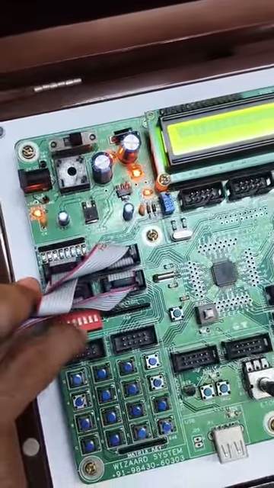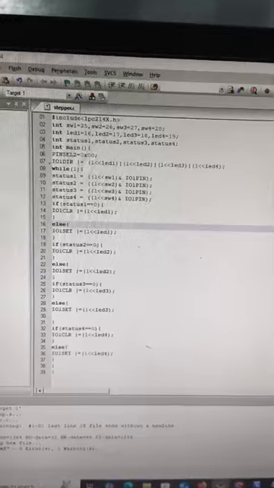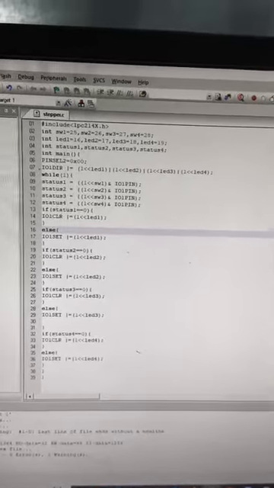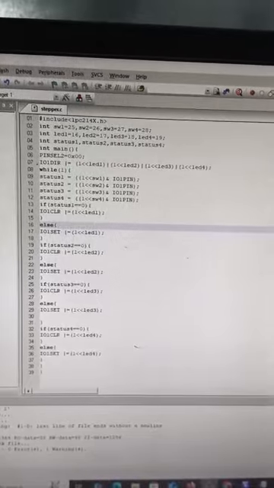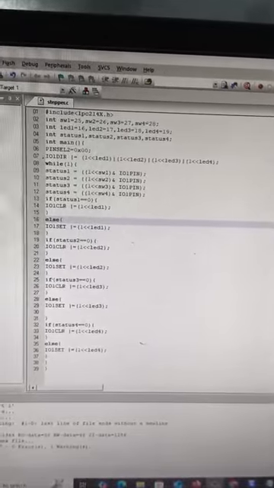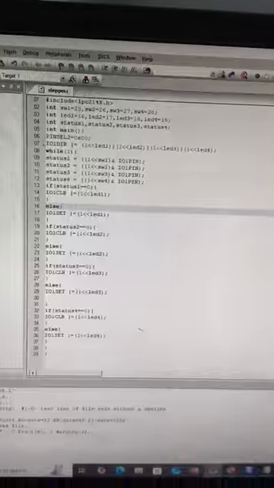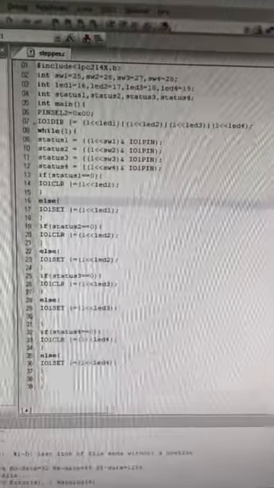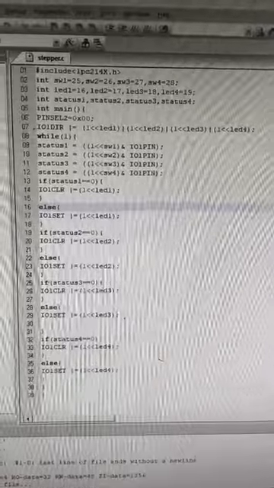Next one is 4 LEDs and 4 switches. This is the code. We start the code and initialize the variables, define the ports and configure the ports, using a while condition, and read the switch status. When the switch is pressed, the LED turns on,